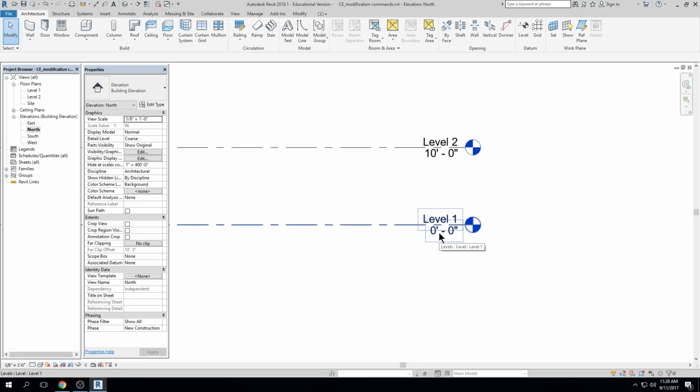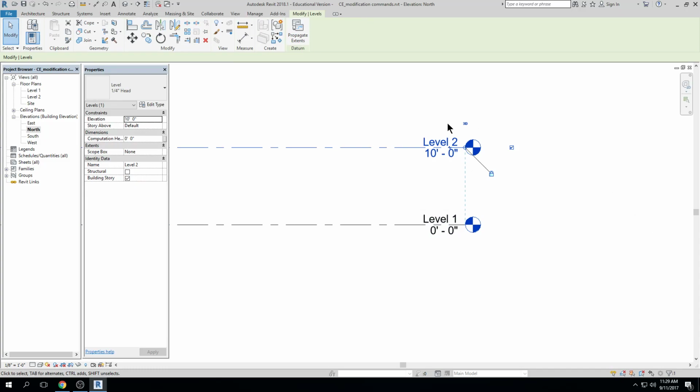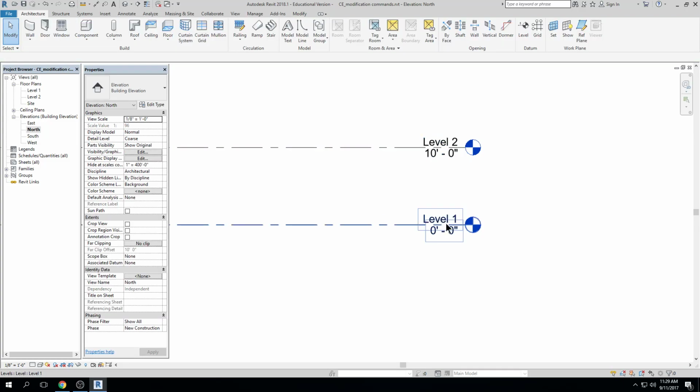It tells me 0 foot, 0 inches, all right? Here's level number 2. It gives me the name of the level, and it tells me how much above level 1 level 2 is. Okay, so between level 1 and level 2, I have 10 feet. All right. Now,